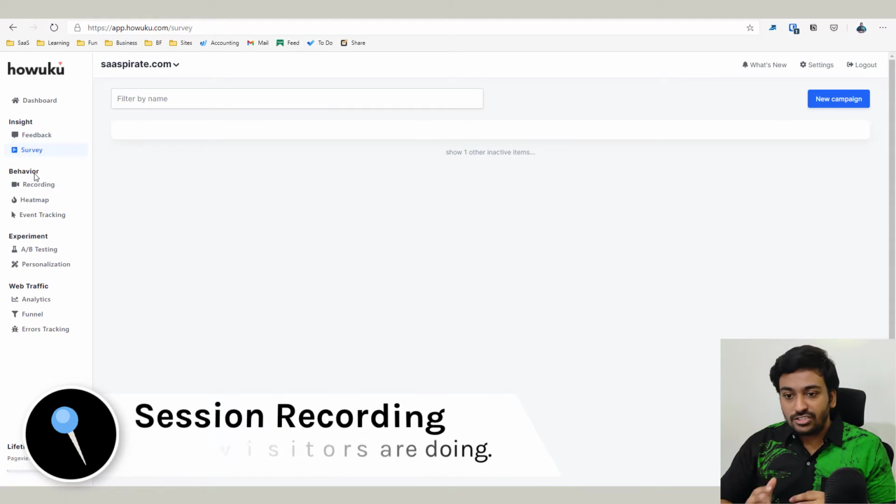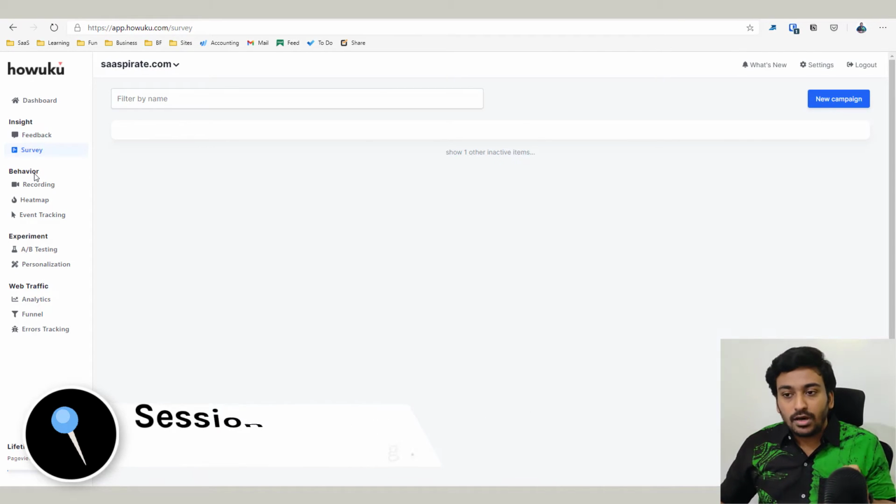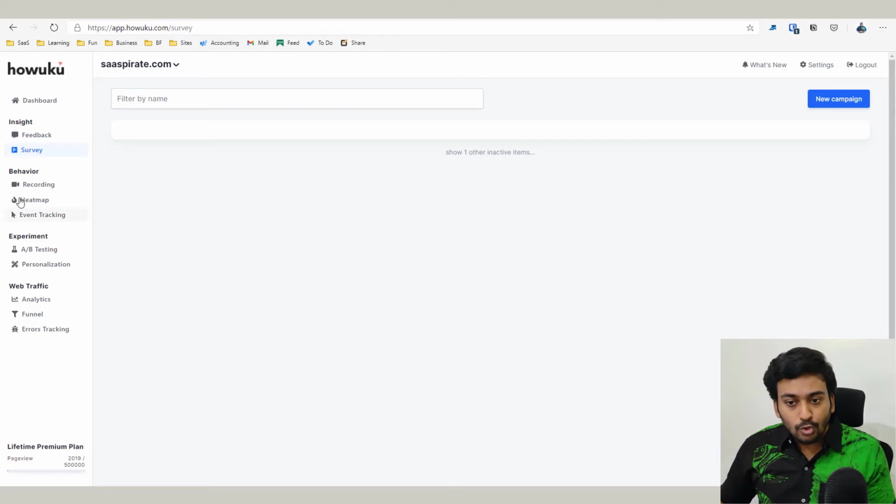Behavior is the section where it records all the heatmaps, session reviews, recordings, all these things, event tracking. There are some other alternatives also. So before I go into this, let me also show you a couple of other alternatives. If you're not interested in insights, experiments, web funnels, all this stuff, there are a